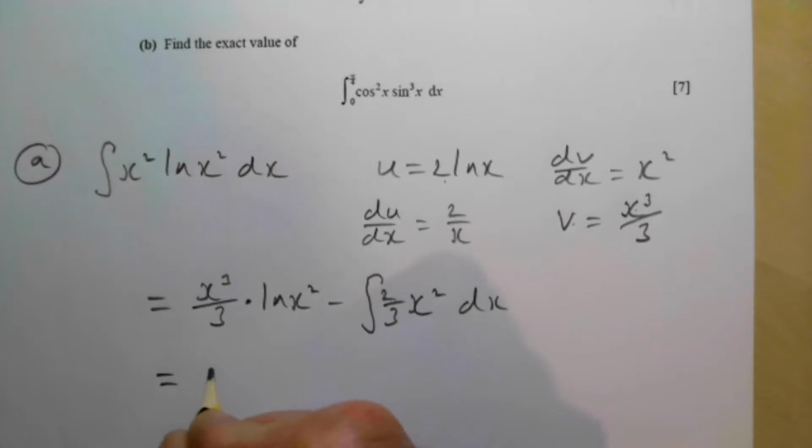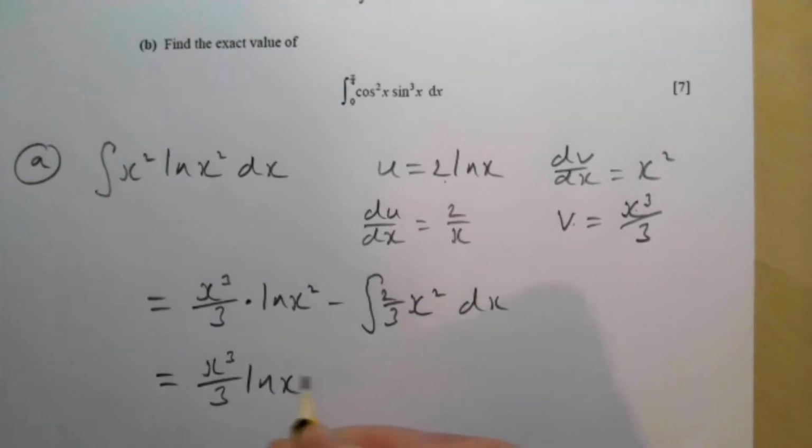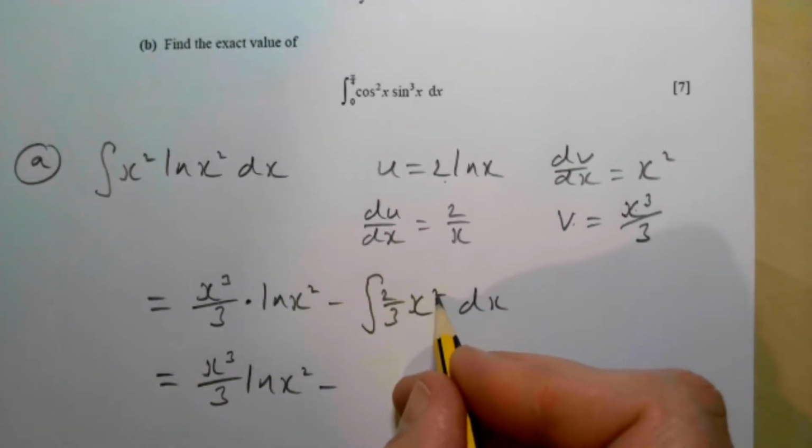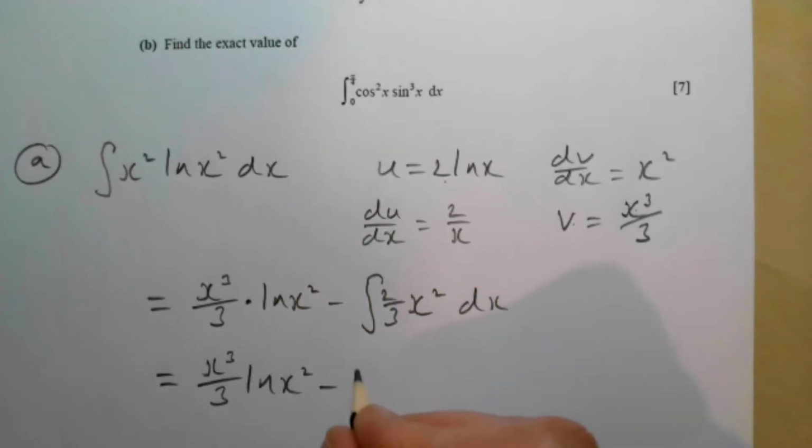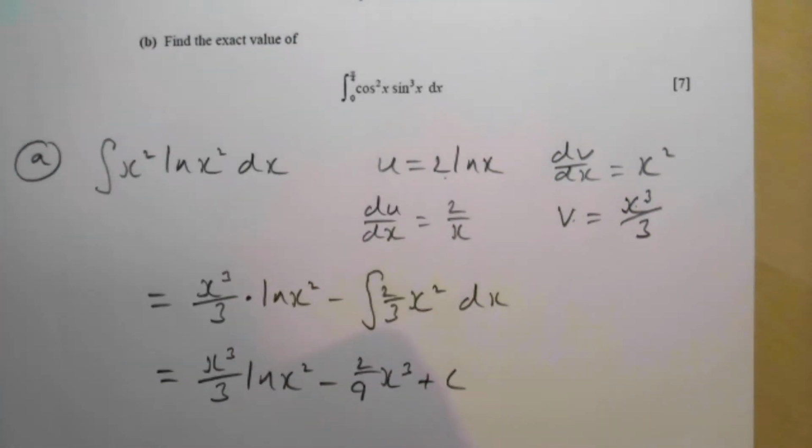So this is going to give us x cubed over 3 ln x squared, and then take away, add 1 to the power gives me 3, divide by the new power, so it'll be 2/9 x cubed, and remember then your plus c. Part B,